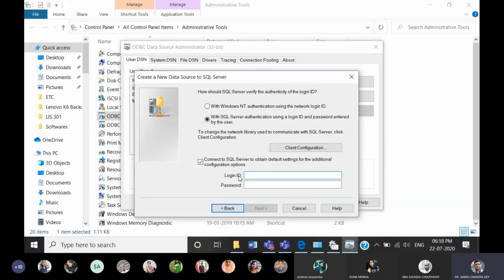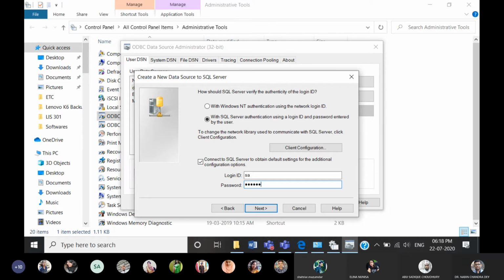For Sol administrator, it is SA. SA is the login ID and the password is Sol20. Enter it very carefully. If you make a mistake here, it will not work. Remember. See, it is not showing here, but I have entered it correctly. Clear? Login ID is SA, password is Sol20.